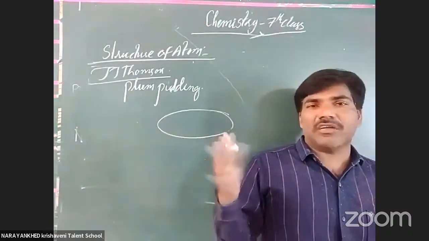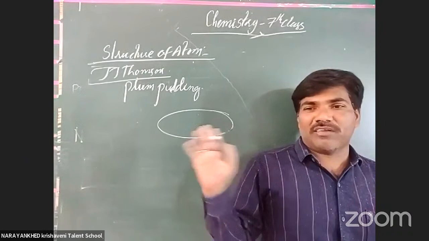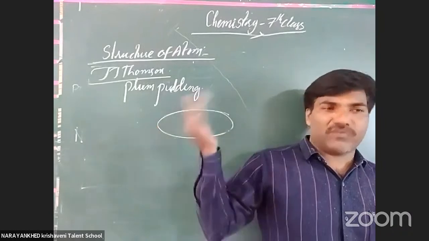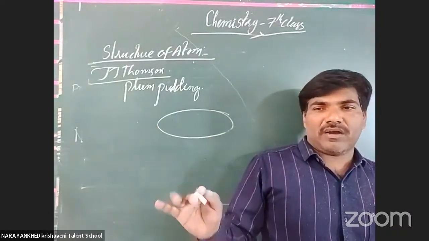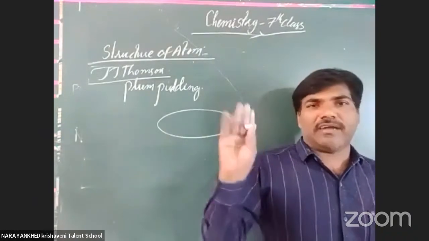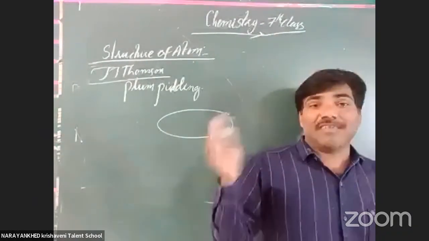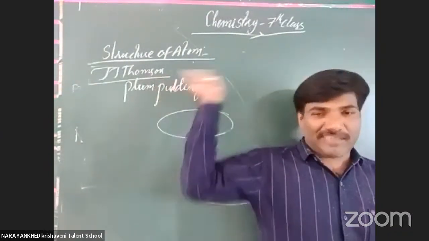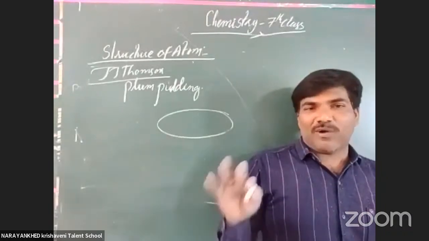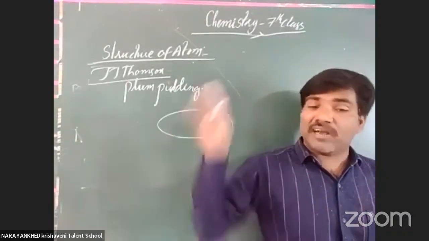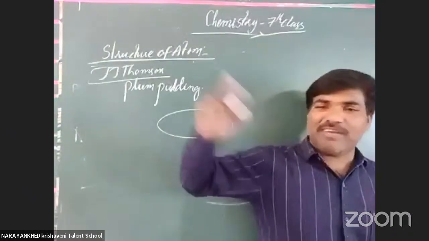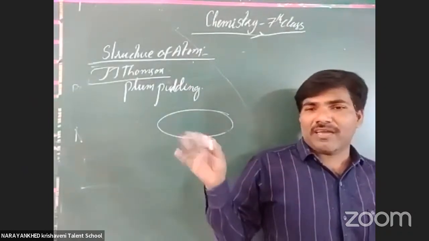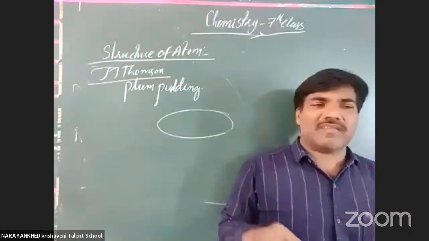According to J.J. Thomson, there is no neutron. Neutron was not found at the time of J.J. Thomson. Clear or not? Afterwards, the neutron was found. According to J.J. Thomson, there are only two fundamental particles. If you do any experiment on the atom, you may find a 133rd elementary particle also. Till now, how many particles are there? 132. According to J.J. Thomson, 2 only. Meanwhile, many scientists have given so many particles, meson, pion, kaon, like that, a number of particles in the atom.